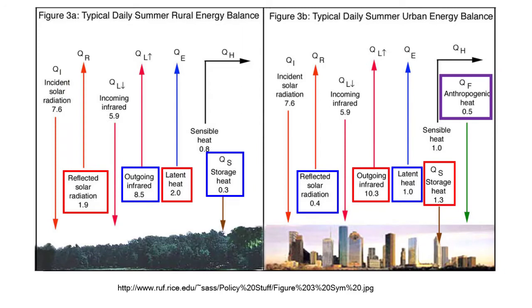The amount of heat stored in the system is quite different. The forest stores much less heat than the urban area. And there's an additional term, the anthropogenic heat, and that's the heat that comes from running air conditioners, having hot motor cars. And you don't get it in a natural environment, but in big cities it plays quite a big role. So we can see that when we concrete over rural and natural environments, we do change the way that